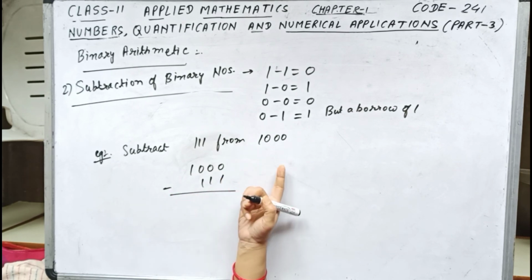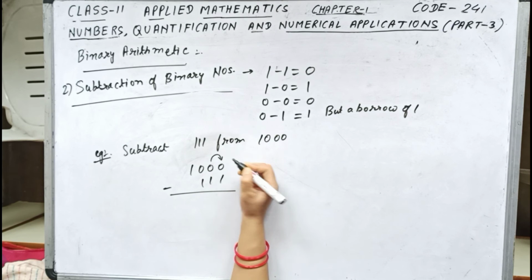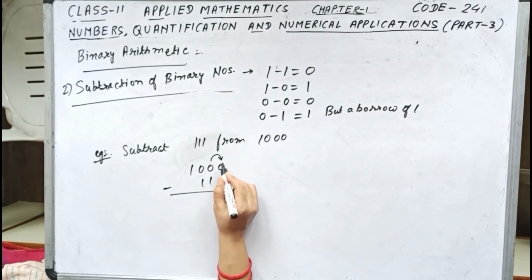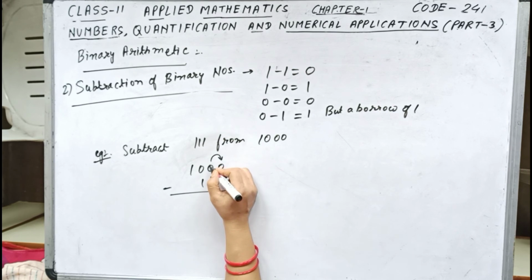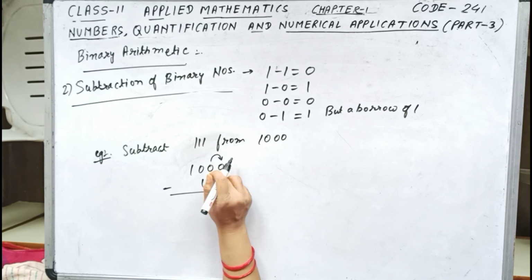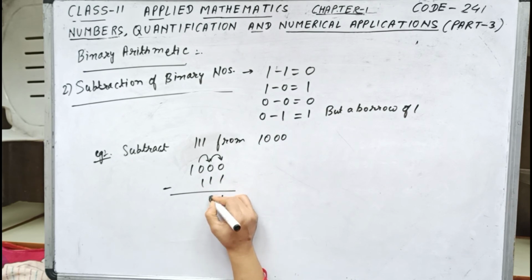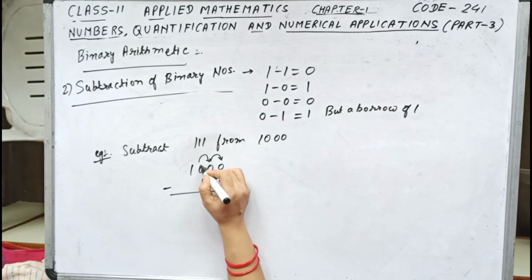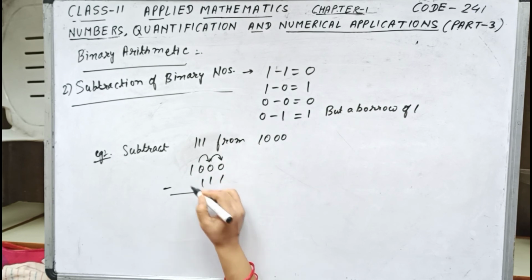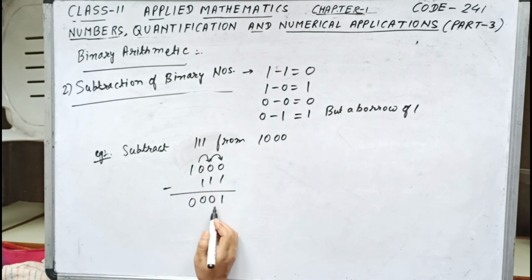Now 0 minus 1 we cannot do, so from here we will be taking 1. So over here 2 minus 1, that is 1. Now from here, actually it is 0, but it has given 1, so it is in deficit of 1. So again it will be taking 1 from here. So 1 already given, and 1 taken, so 1 minus 1 will be equal to 0. Again it has given 1 and taken 1, so 1 minus 1 is 0, and this one has already been given, so nothing to be subtracted, so it is 0001.